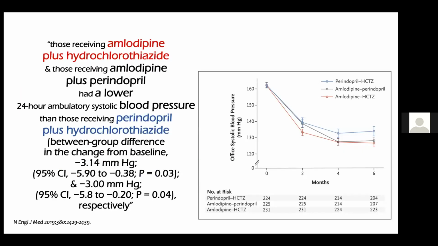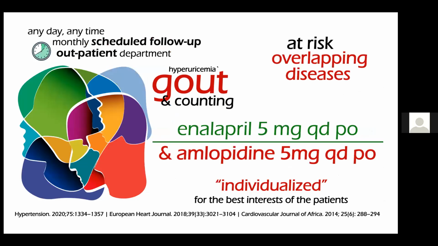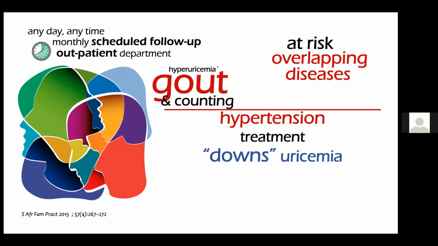These are just the data to back up why we should be going for those pairs of treatment. But as we talk about hypertension and individualizing treatment, we should not individualize only in